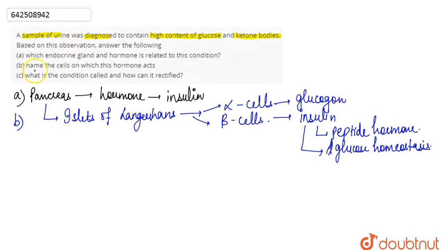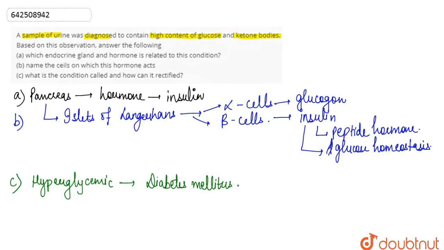Now the next part is, what is the condition called and how can it be rectified? Prolonged hyperglycemic condition leads to a complex disorder known as diabetes mellitus. It is the condition when the blood glucose level reaches an extremely high level. This is associated with the loss of glucose through urine and formation of harmful compounds such as ketone bodies